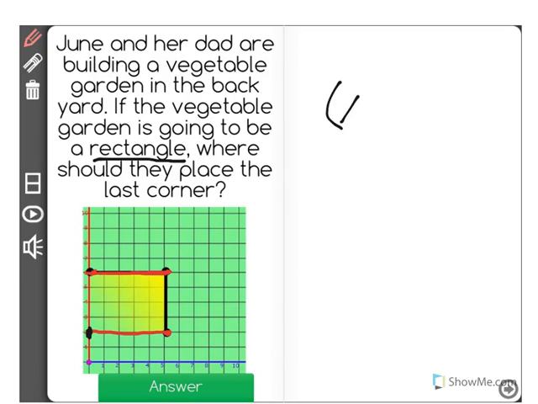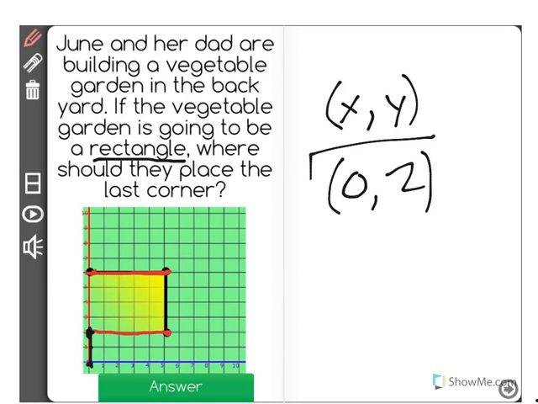Remember, coordinate point is x value, y value. So my first question is, how far, starting at the origin, do I go across to get to this point? And I could see that I actually don't go across at all. So it has a 0 x value. I stay there, and then I just go up 1, 2, y value of 2 for the correct coordinate point to finish our rectangle at 0, 2.